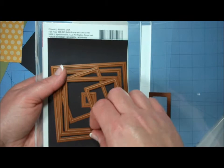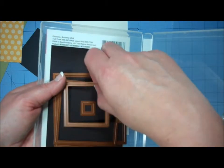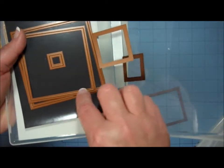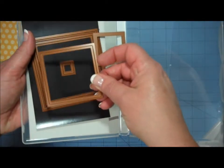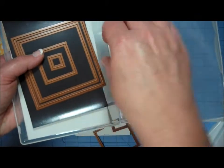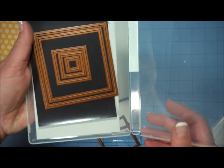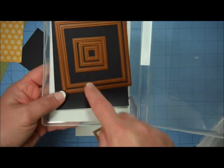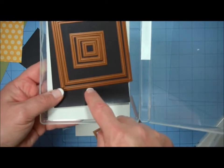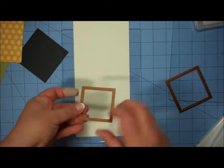I'm actually using the 3rd and 4th size. So if you count from the outside, there's the largest, the 2nd largest, then this is the 3rd and the 4th in, and then there's 5, 6, and 7. So there's actually 7 squares in this set, and I'm using the 3rd and 4th in if you're counting from the outside. So I'm going to set the rest of those aside, and I'm going to take my small square,